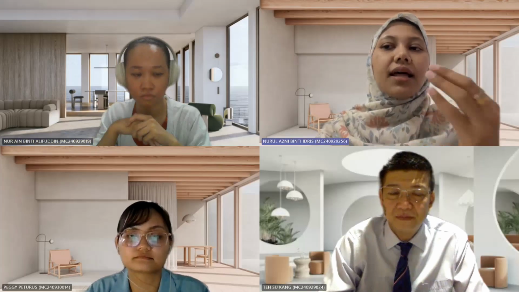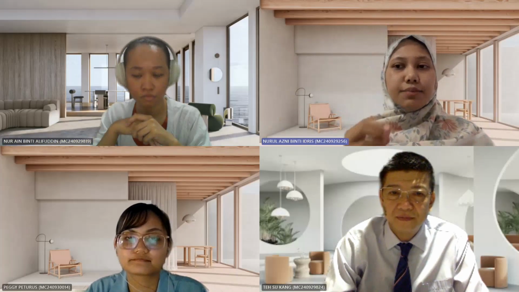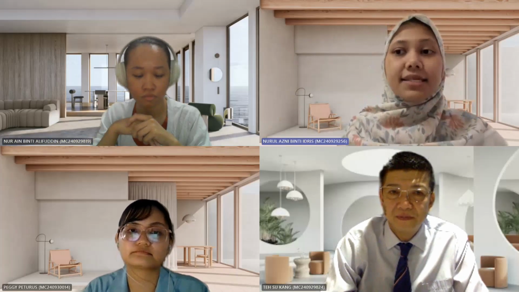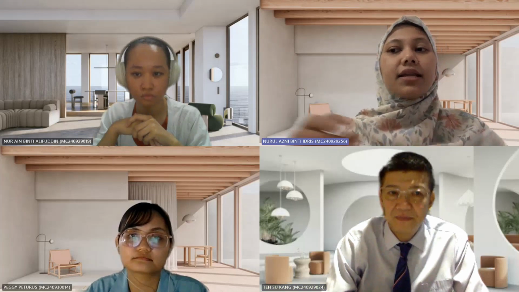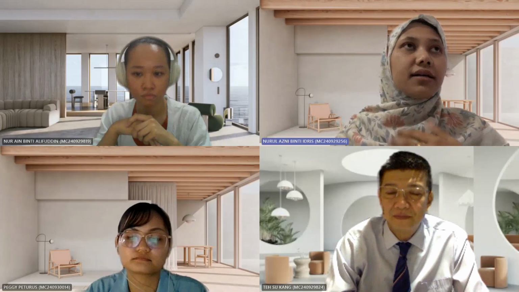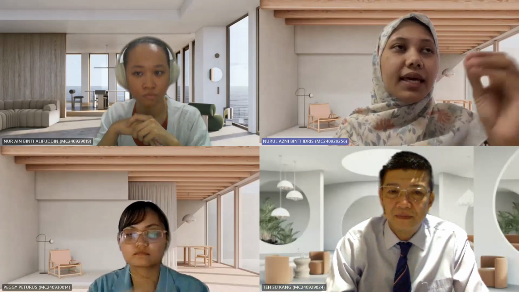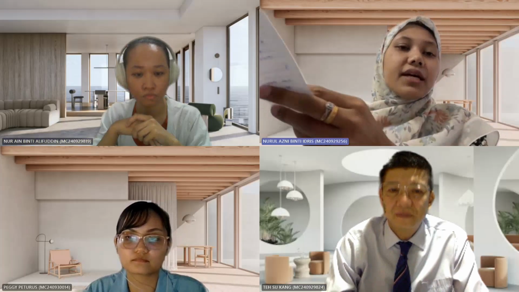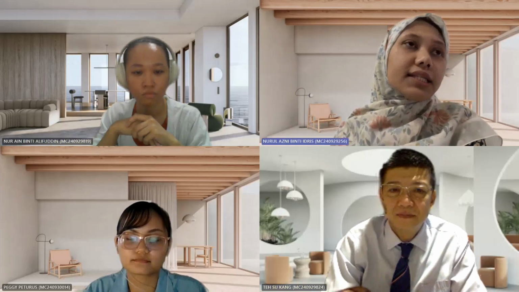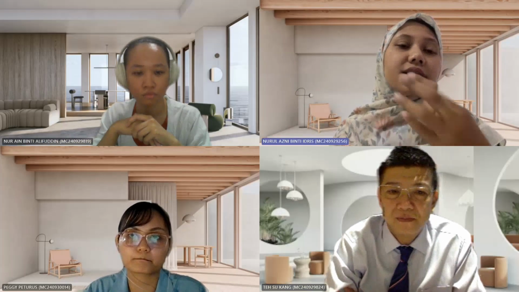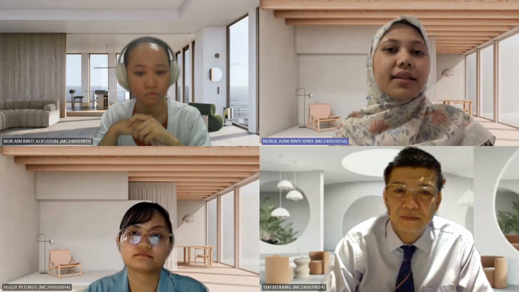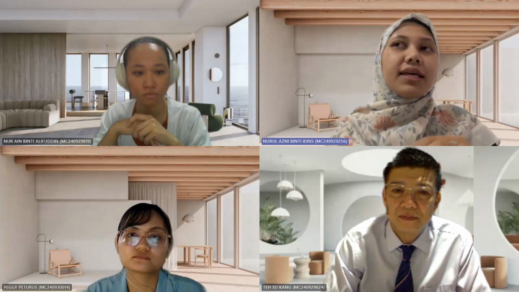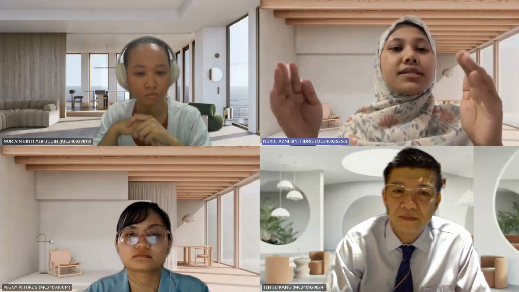Practical evaluation allows for the development and assessment of practical skills such as problem solving, critical thinking, and decision making, so that what students learn in the classroom can be applied to real life. For example, in an internship, they will apply what they learn in the classroom in a real work situation.